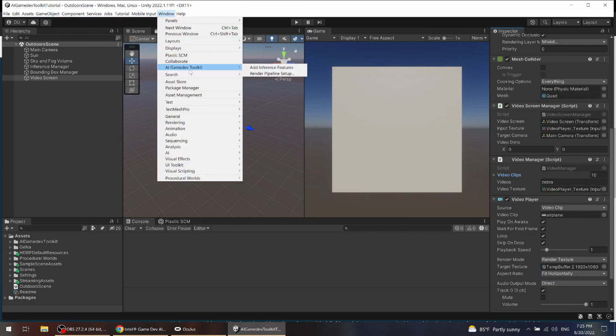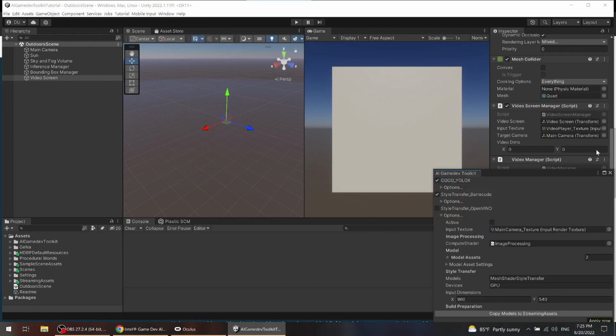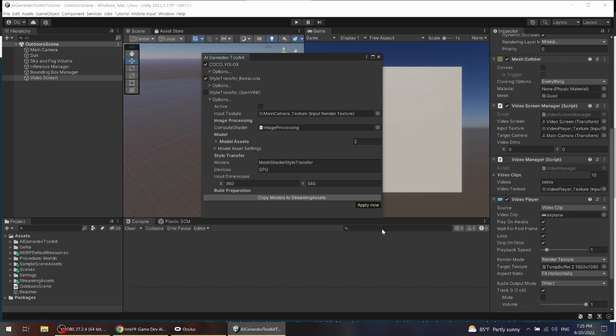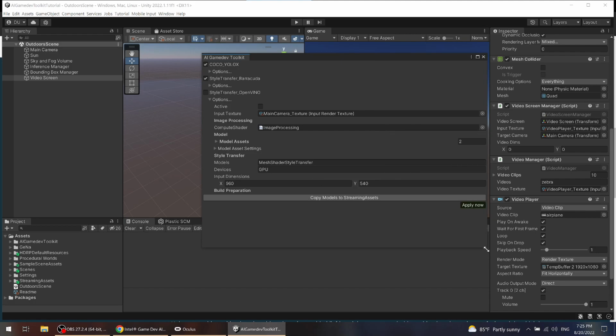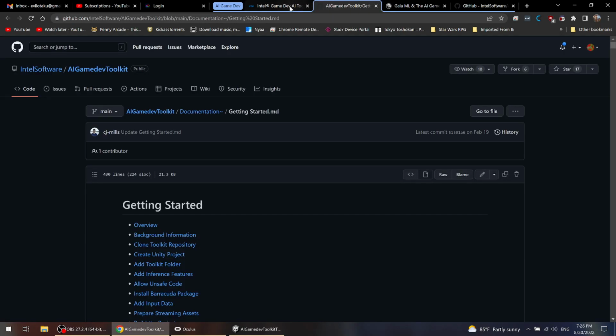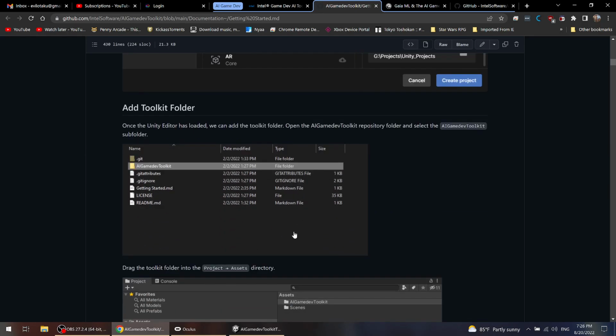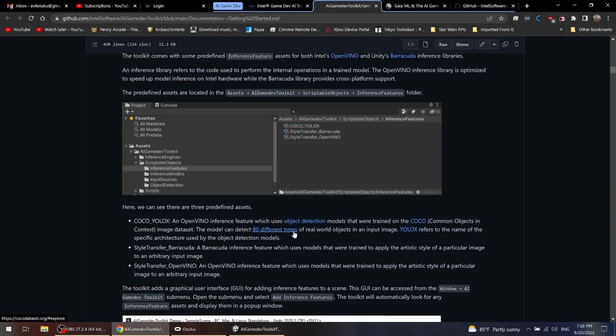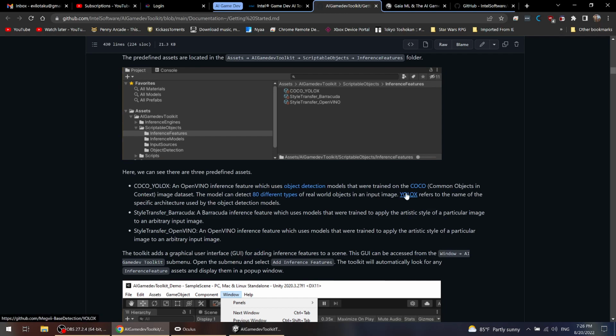In AI Toolkit, add inference features. By default, this is what the different inferences come with. There is COCO, which is common object. Oh God, what did it stand for? Hang on. It's here. There it is. Common objects in context,